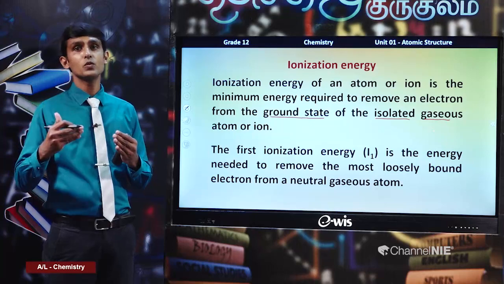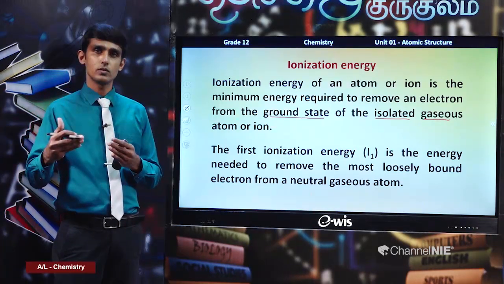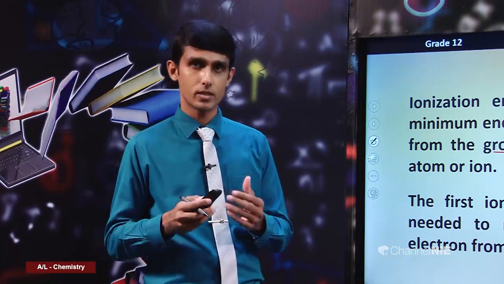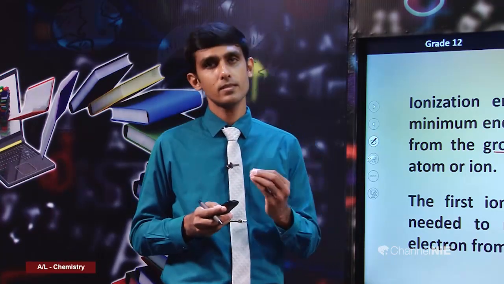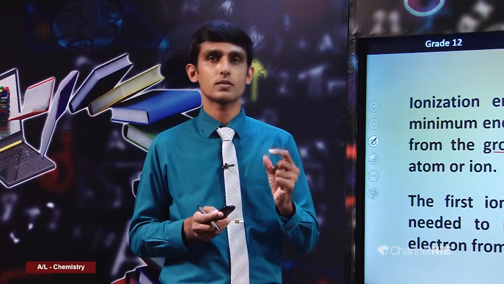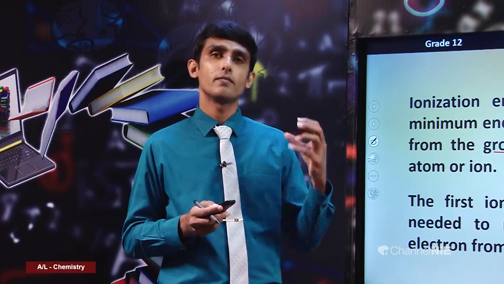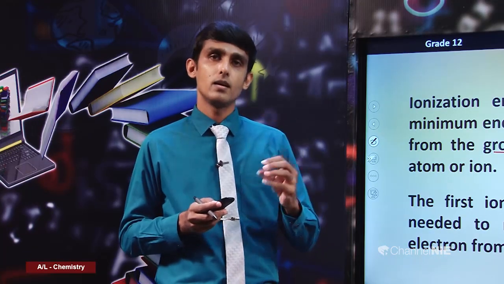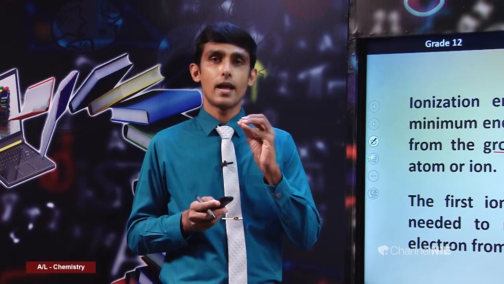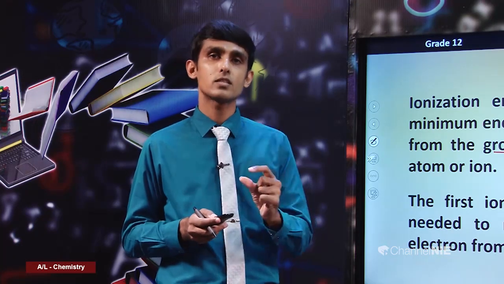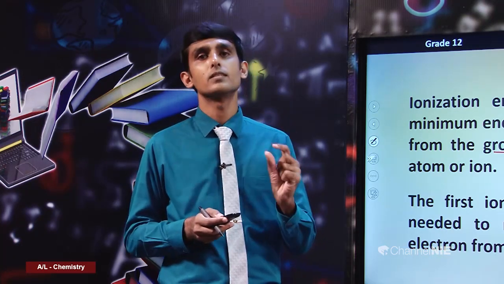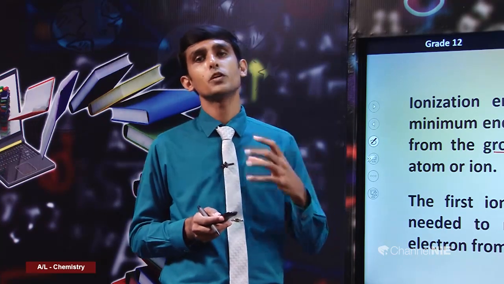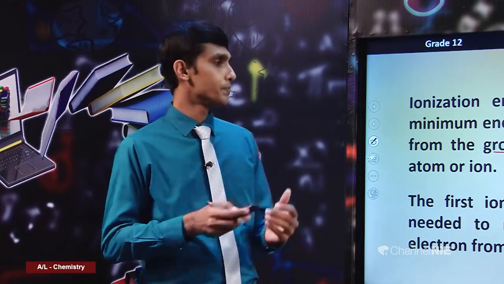Now, when it comes to atoms with more than one electron, we can define successive ionization energies, as we can remove electrons in succession, one by one. That part we have already discussed, and we understood the pattern of successive ionization energies. We learned that the successive ionization energy data provide evidence for the existence of electrons in energy levels, the arrangement of electrons in energy levels.